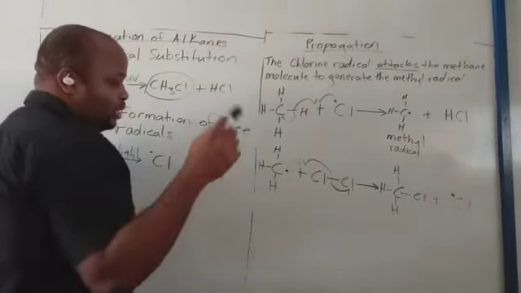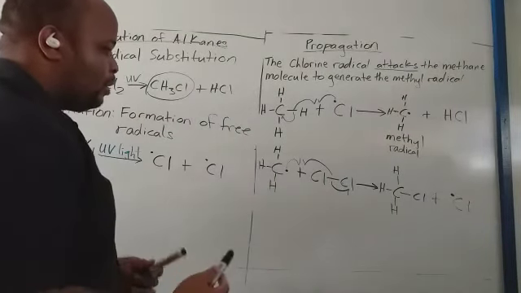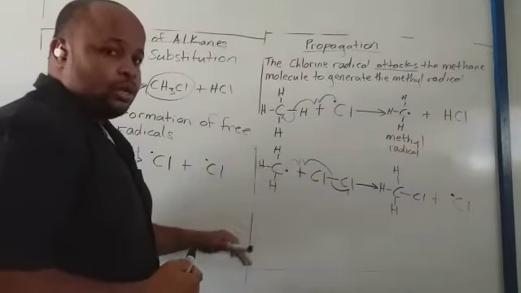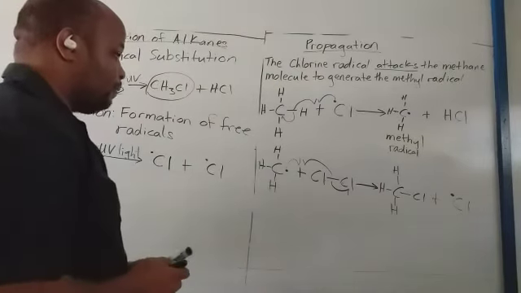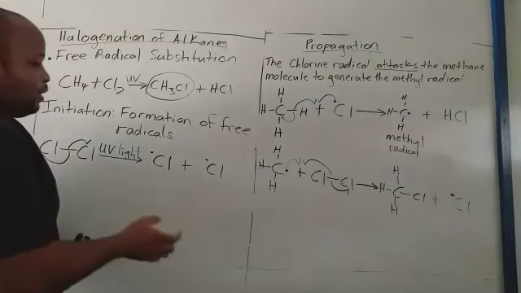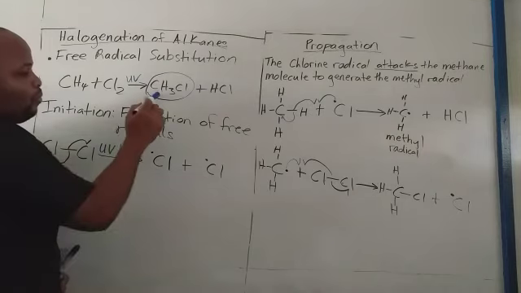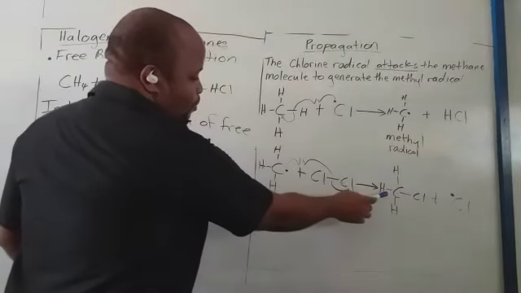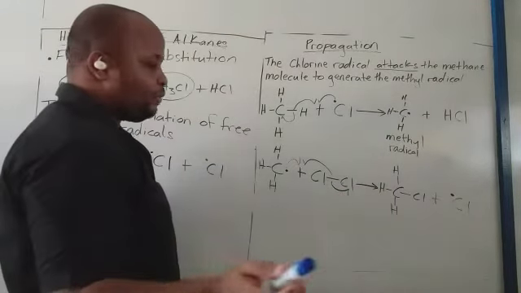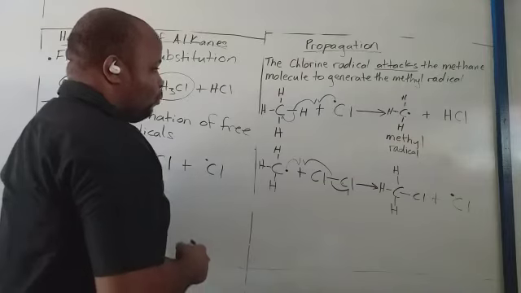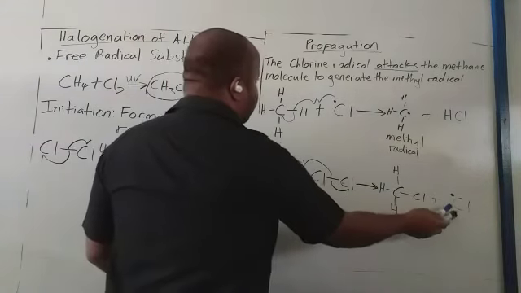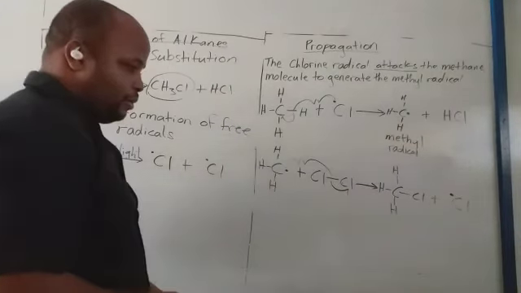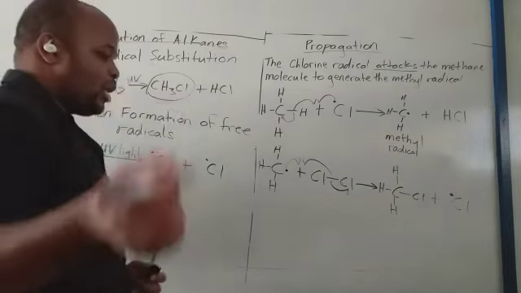But I will do that in a next video, to show more than 1 substitution. So the objective was to show you how chloromethane was formed. This is how chloromethane was formed. Now, once you have radicals present, the reaction will continue. So for the reaction to stop,